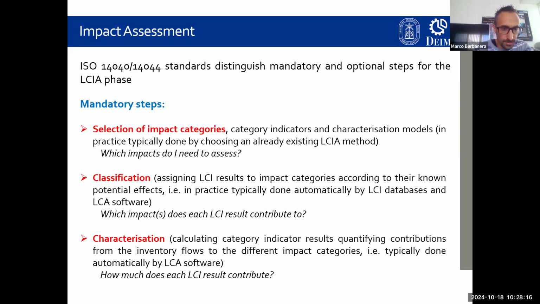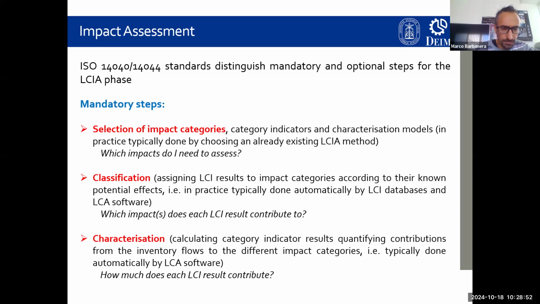The second step is the classification of the inventory data in order to assign each data to the different impact categories